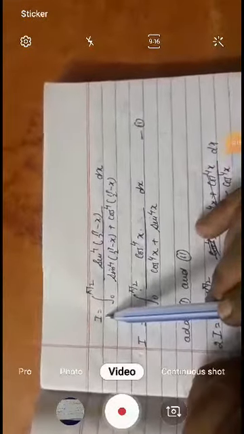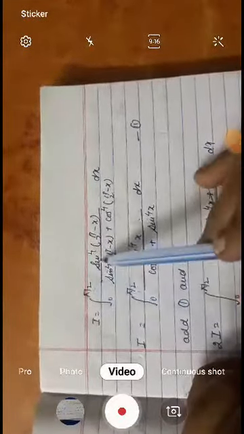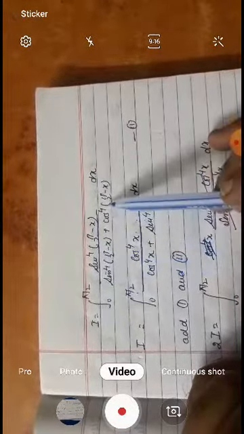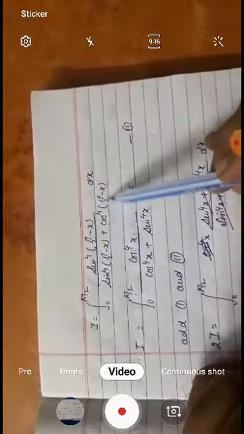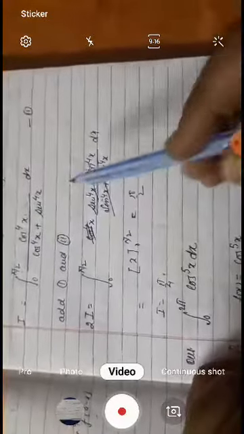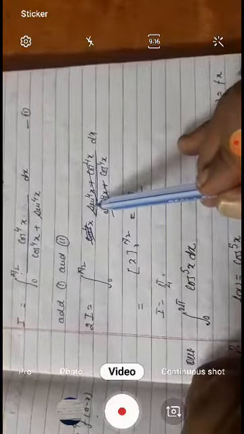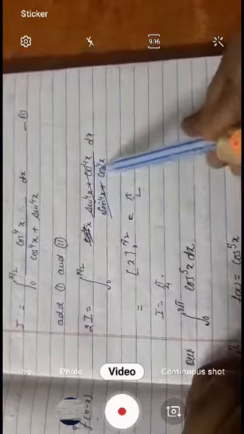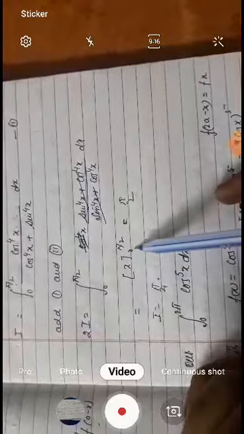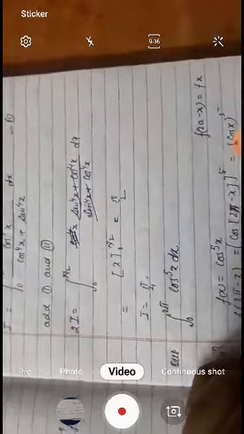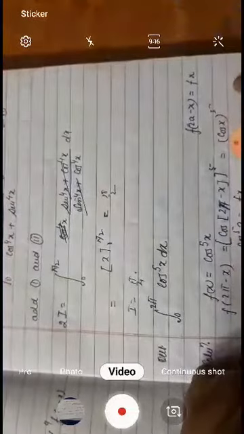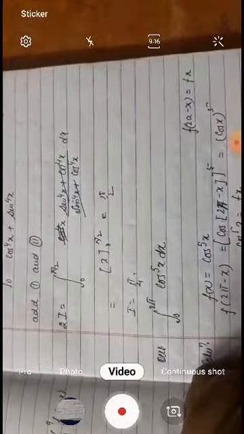Now I is equal to 0 to pi by 2 sine power 4 (pi by 2 minus x) upon sine power 4 (pi by 2 minus x) plus cos 4 (pi by 2 minus x). We get the value of this by adding 1 and 2. Now 1 and 2 को जब हम जोड़ देंगे, then we get the total. We get cancel out and we have only the x value, putting the value of x we get pi by 2 and I is equal to pi by 4. This is the next equation.